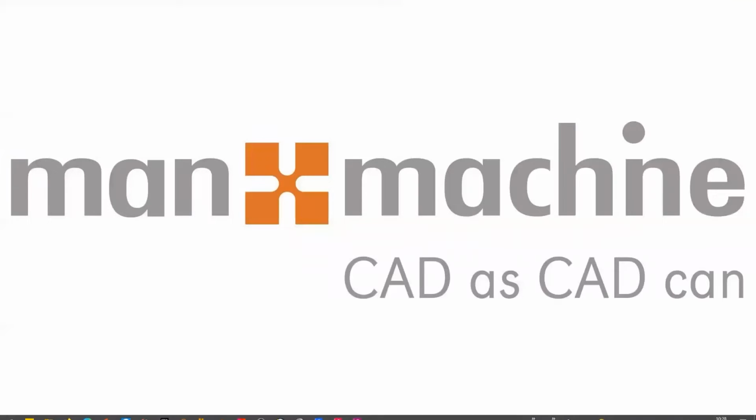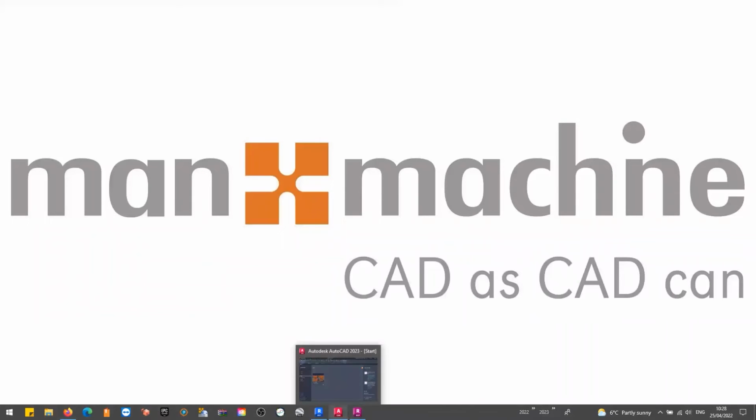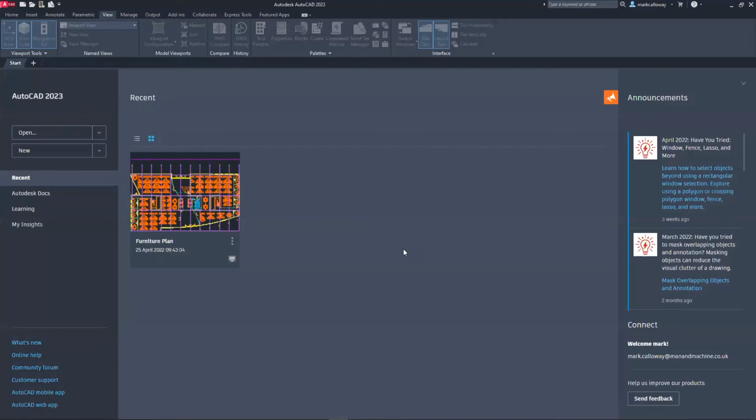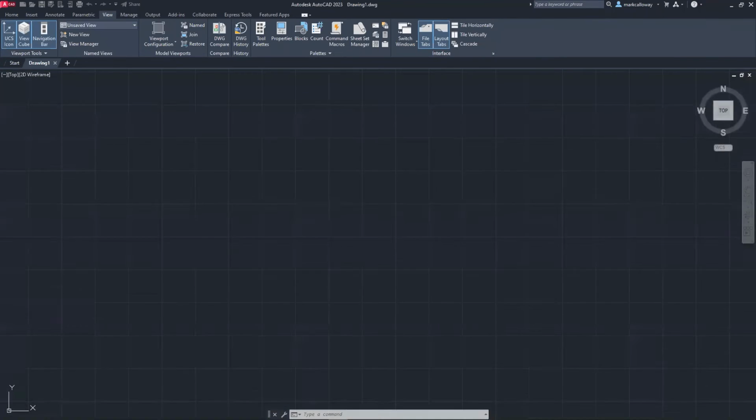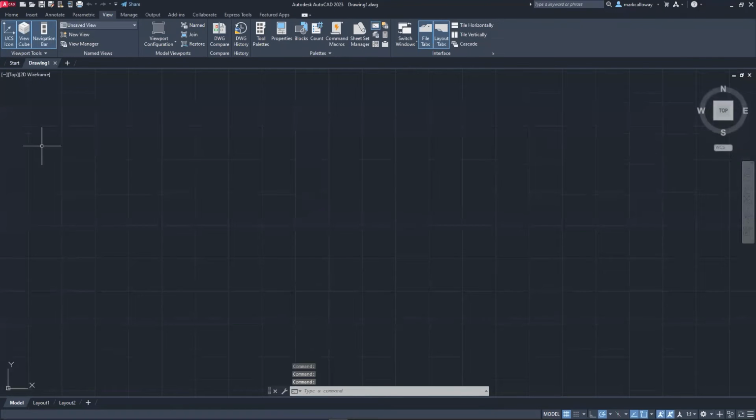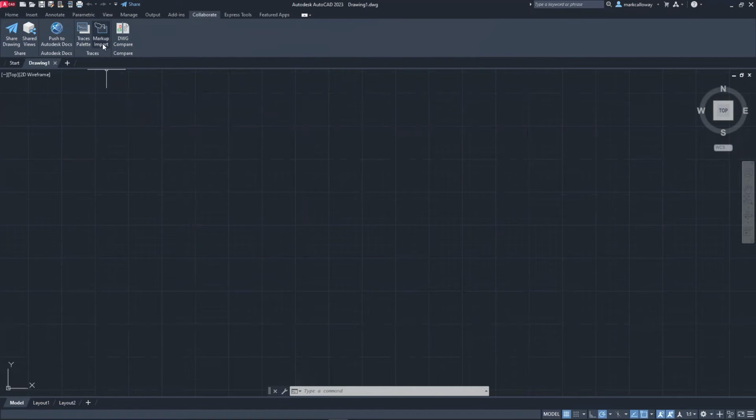And next we'll take a look at AutoCAD. Okay, so again, a good number of new features, a lot of enhancements within AutoCAD, so well worth reading up on. I've just picked a couple out to demonstrate today. For this one, I'm just going to start a new blank drawing within AutoCAD. Okay, first thing I want to point out is if I just go onto the Collaborate tab, we now have